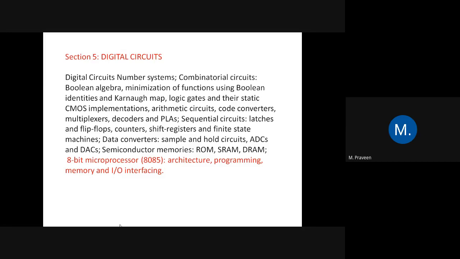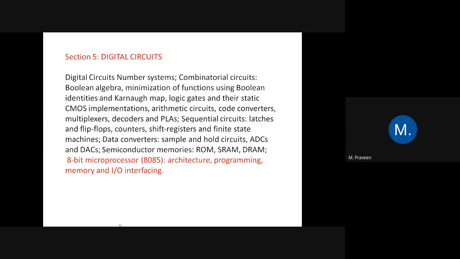AX, BX, CX, DX are 16-bit registers. Here, the 16-bit registers are BC. B is an 8-bit register, C is an 8-bit register. If you combine both, you get a 16-bit register. So BC is a register pair, a 16-bit register. Then DE is a register pair, also 16-bit. Then HL is a register pair, which is also a 16-bit register.